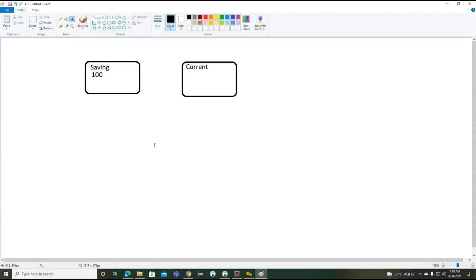So what are the steps we need to perform here? Getting the point? First we need to check inside the savings account whether the particular 100 amount is available or not. Once the amount is available, now what we can do? We can perform the operations here.